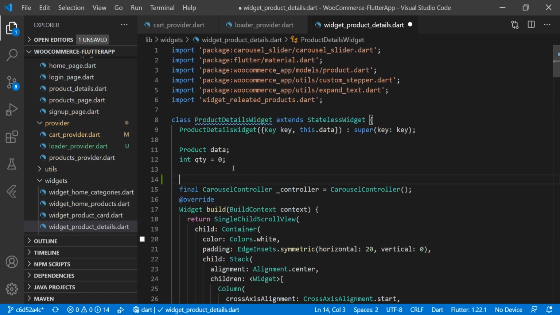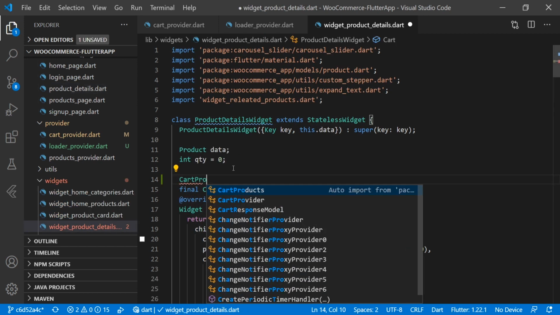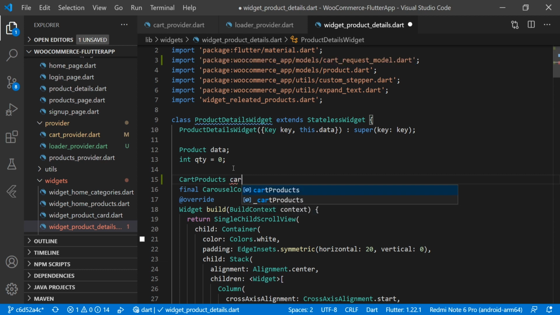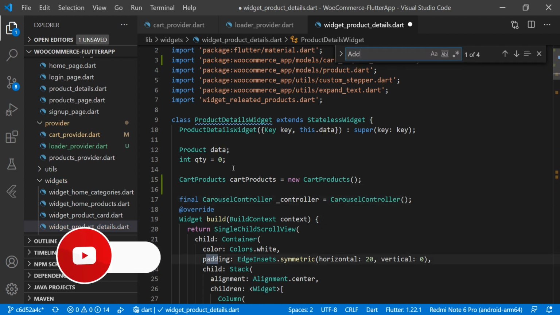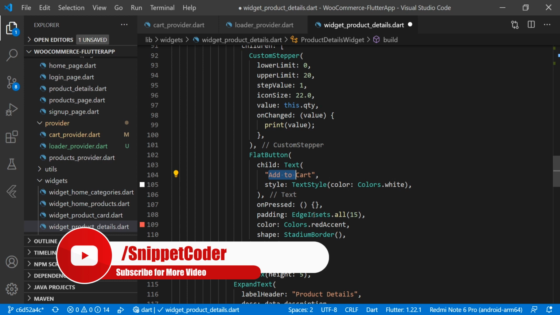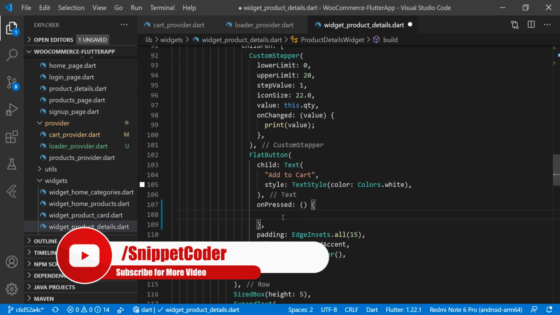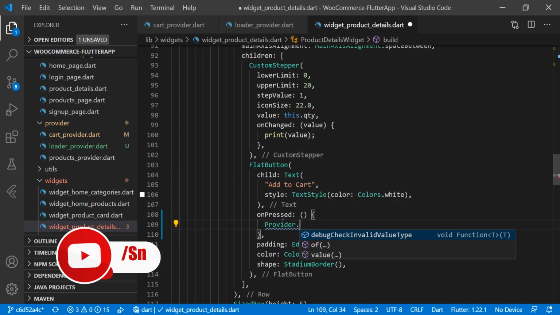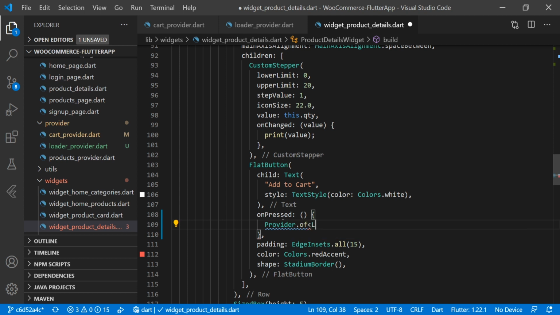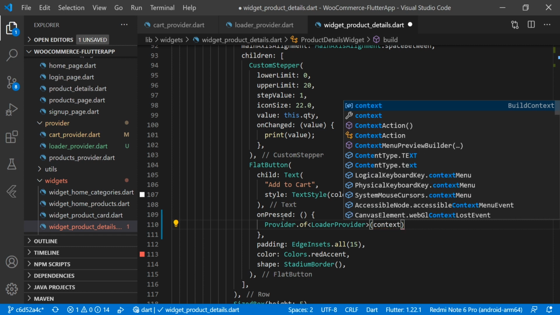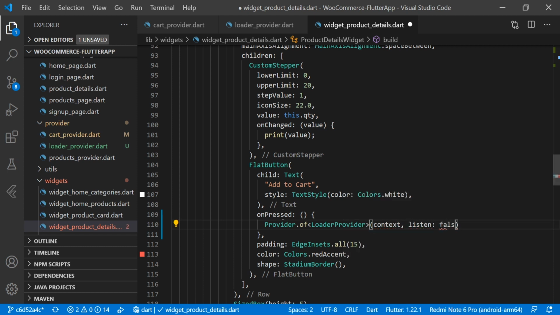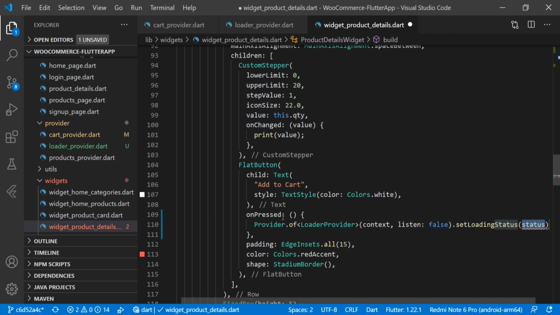We will create the class here, that is CartProduct, and cartProduct is equal to new CartProduct. So here we will go to add to cart, and in the press event we will write the line of code here: Provider.of, and here we will have LoaderProvider, and here we will have the context, and listen we are setting to false, and here we will call setLoadingStatus, and we will make it